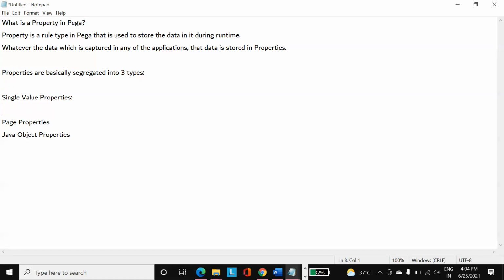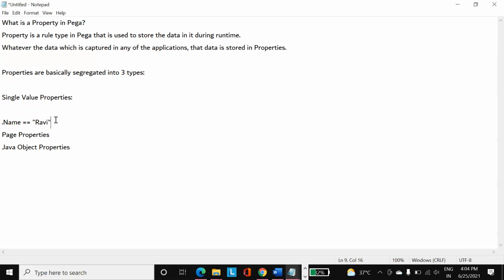For example, if name is a property which has John, and I set this name property with Ravi, then this value will be overridden, the old value is gone, and the new value is inserted.